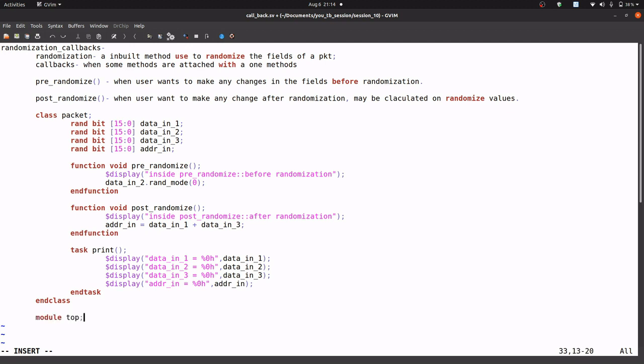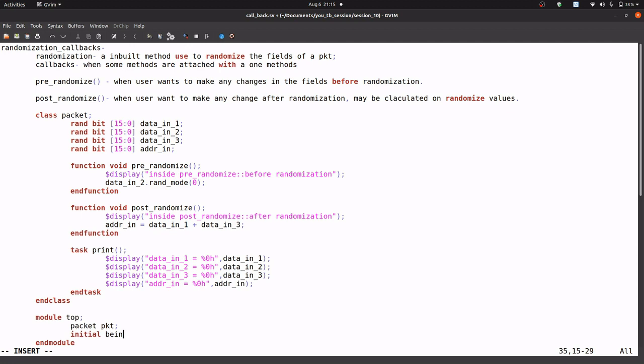Let's say module top and endmodule. First of all, we need to create a handle; the handle name is pkt.